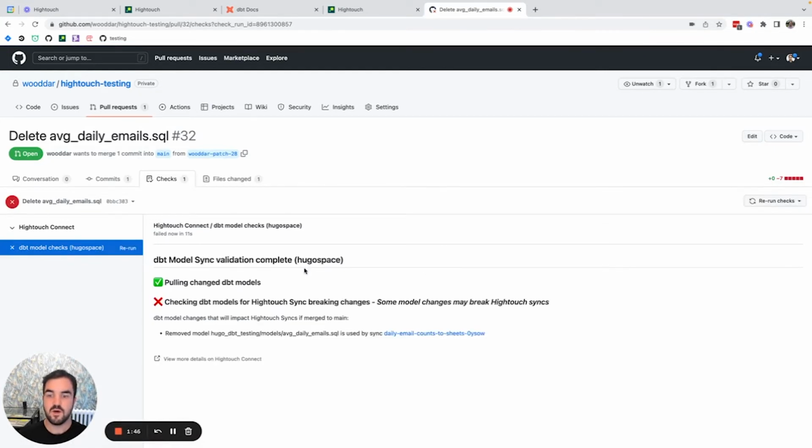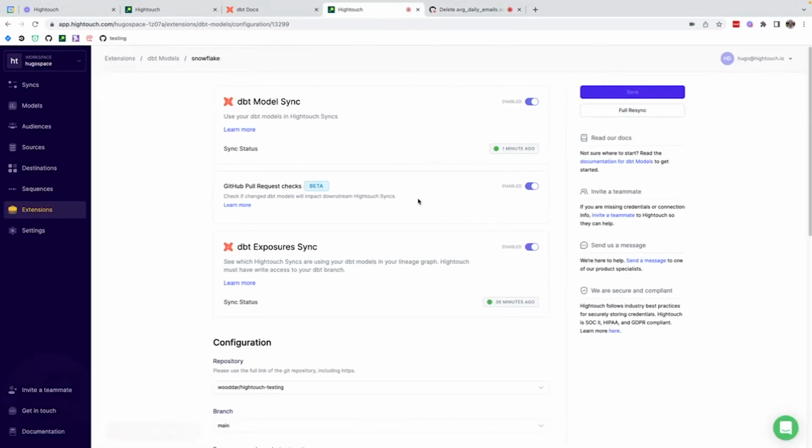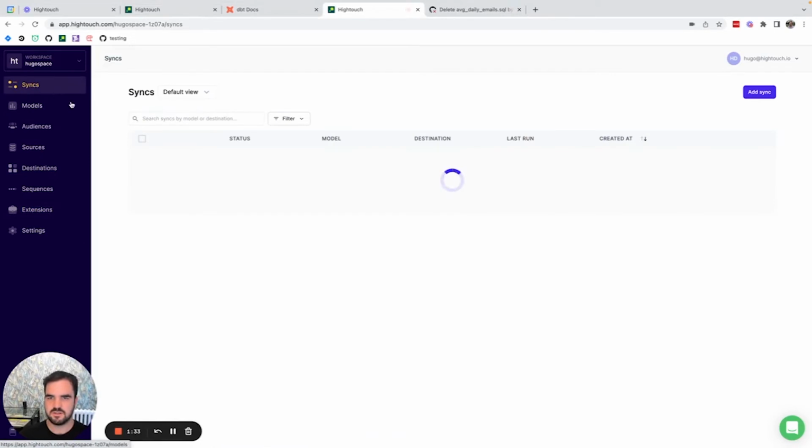And great, we can now see that removing this model will fail this check as this model is being used by this sync. So if we go ahead and disable this sync in Hightouch,